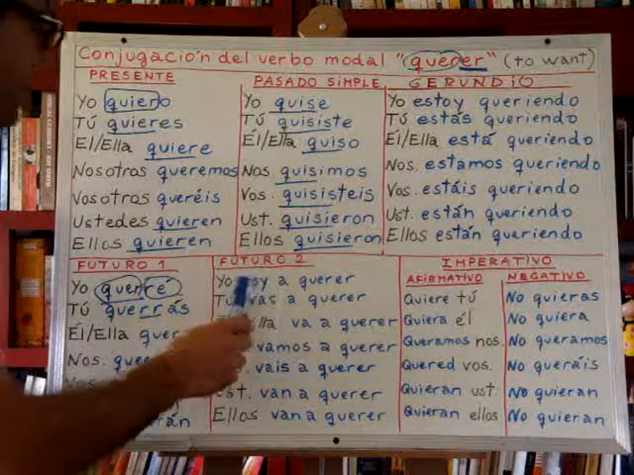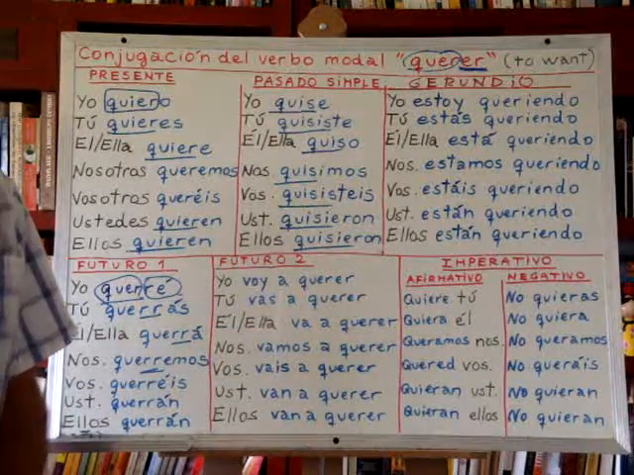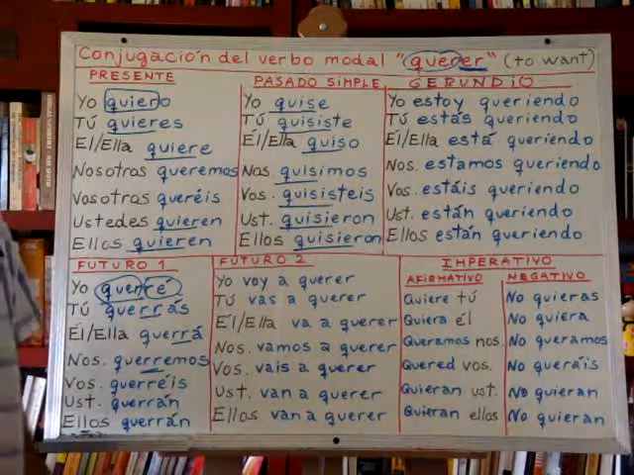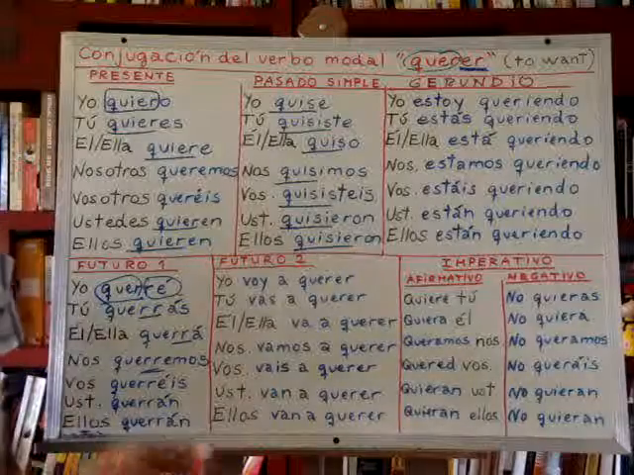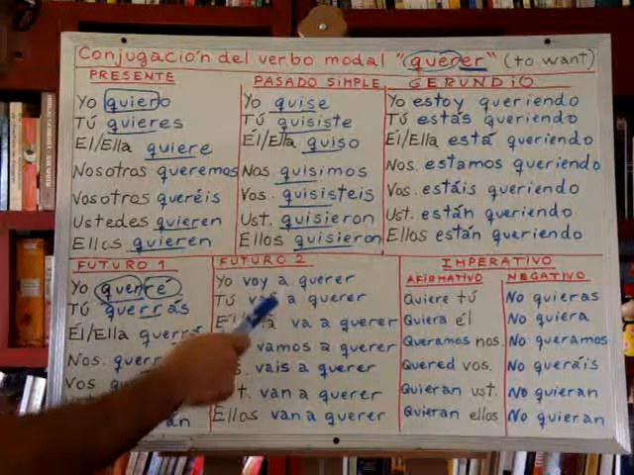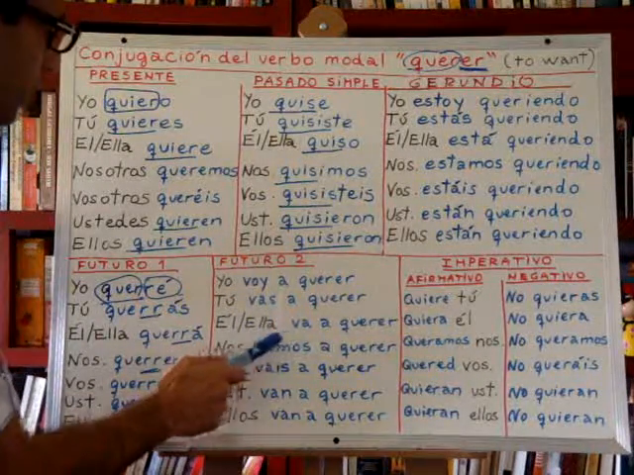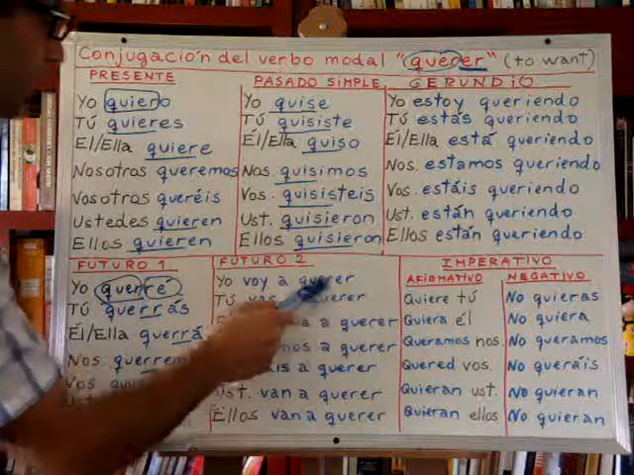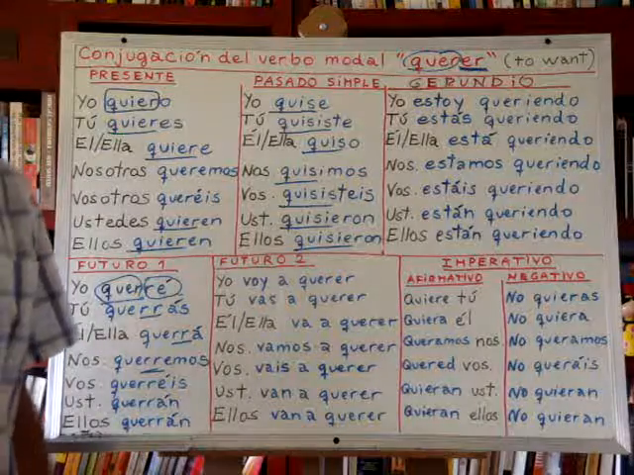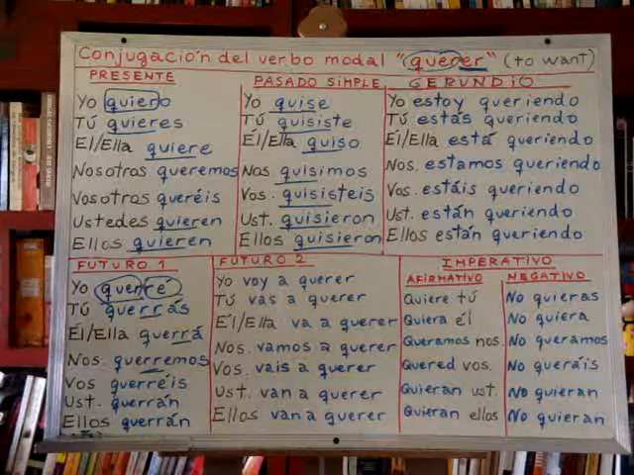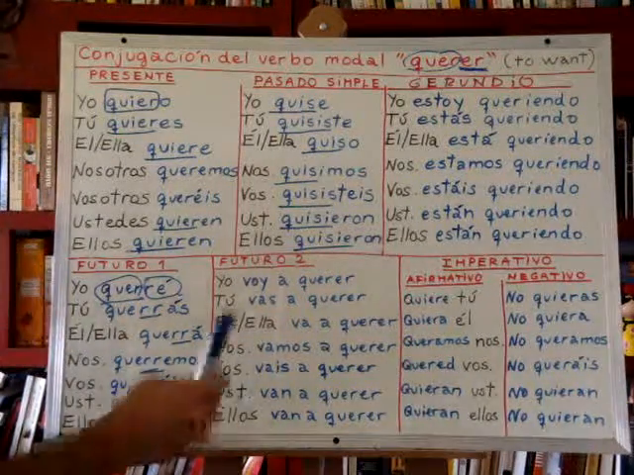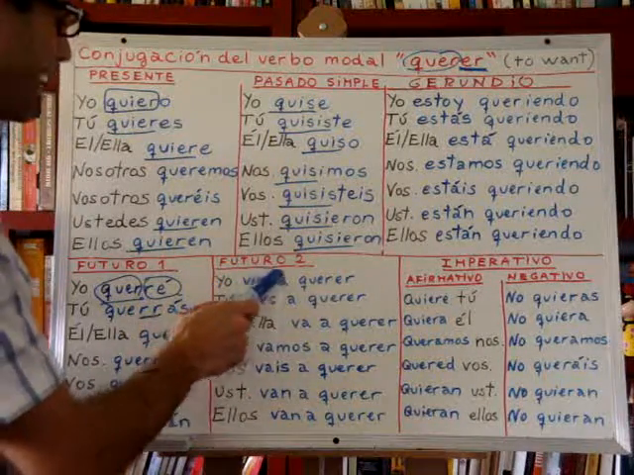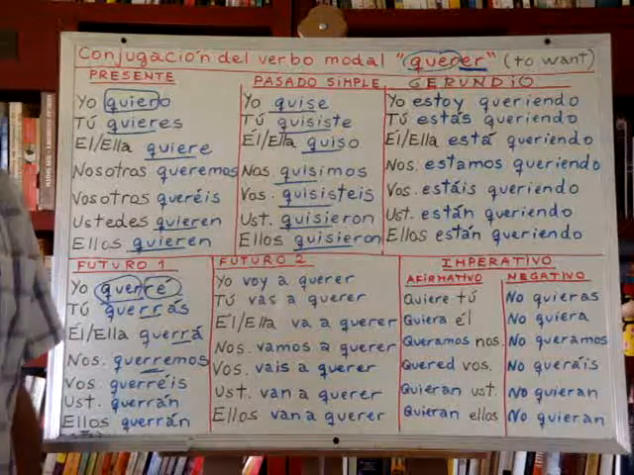Okay, this is a future that is more similar to the English future tense. I will go, or I will want, or I am going to want. Okay, we have an auxiliary verb that is the one that changes, and the verb we are conjugating remains in infinitive. Okay, like in English, I will want, I will eat, right? So, yo voy a comer. Sorry. Yo voy a querer, I will want, or I am